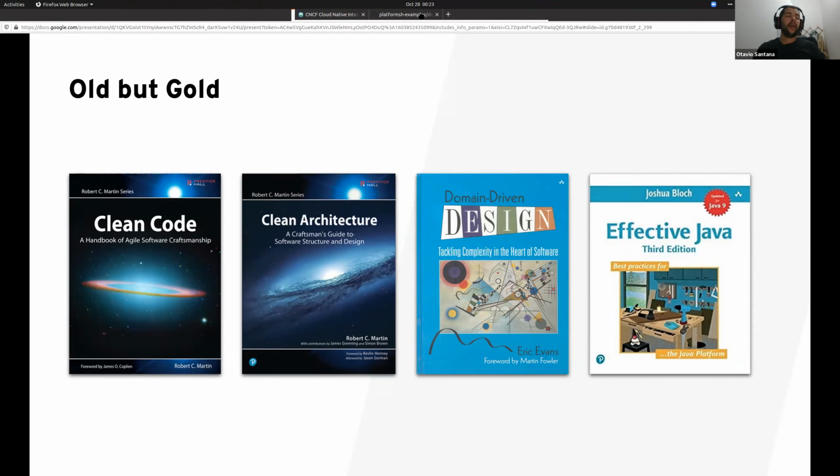It explains the difference between data structure and object oriented. For example, OOP, or object oriented, exposes the behavior to hide the data, right?